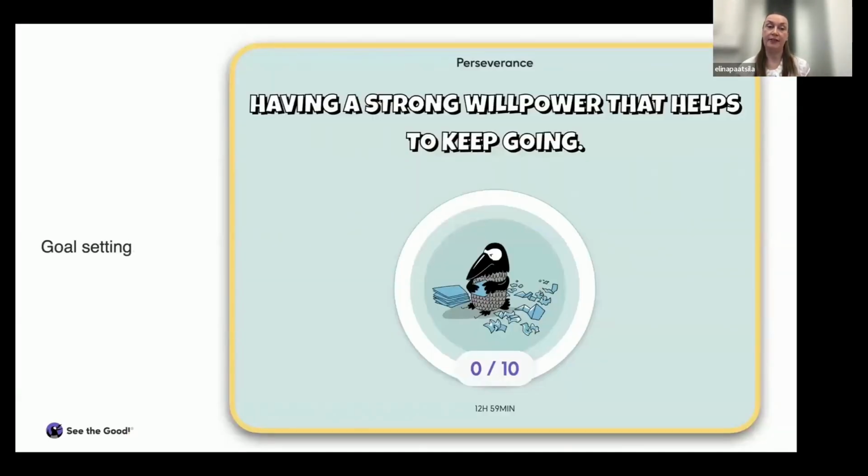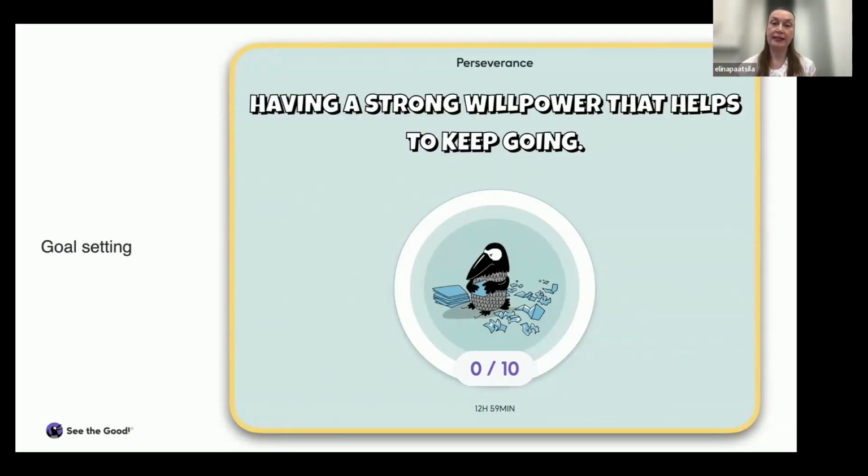Then you will have the goal setting tool, so you can set a goal. Now that you will go and explore, you will look at the materials, you will think of the skills that you want your students to learn. So you will have the lesson plans ready-made, and then you'll also have the opportunity to set a goal for your group. So what is the skill that you will practice, and how will you do it? What is your goal? And then you will start practicing and seeing the successes.